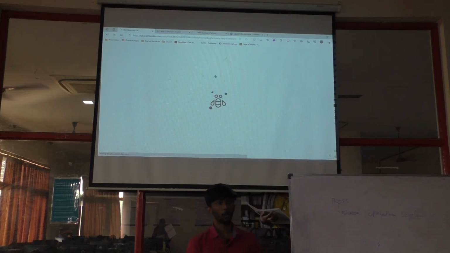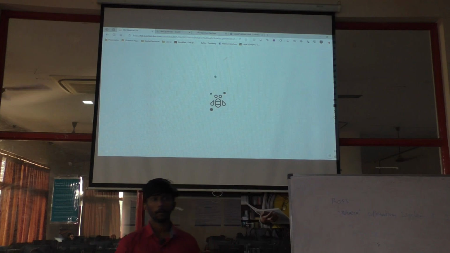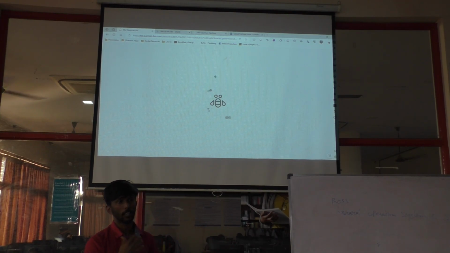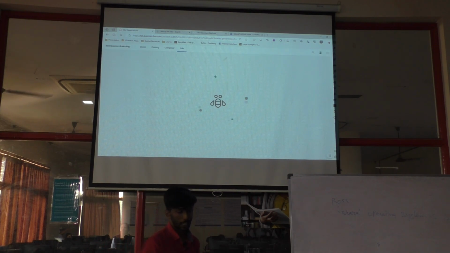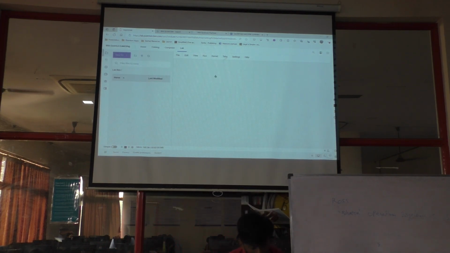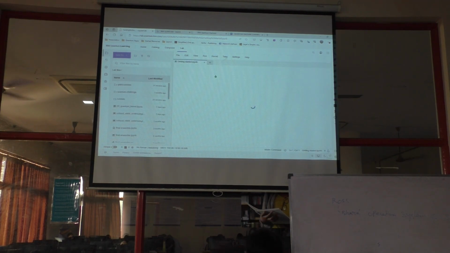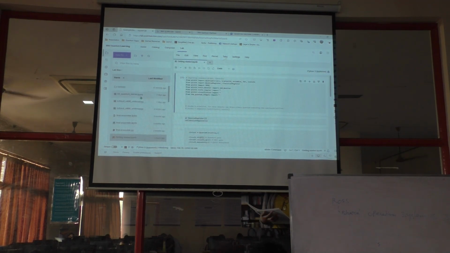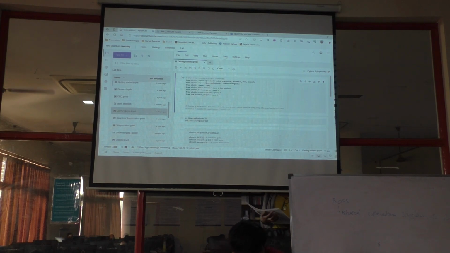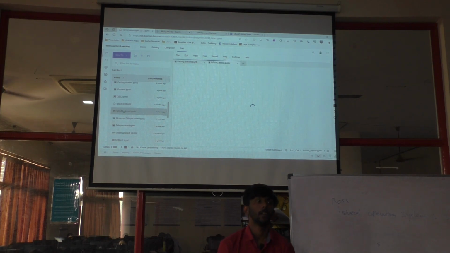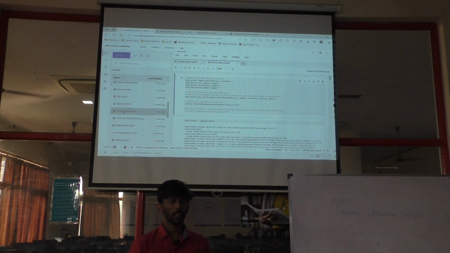I'll walk through the code, I'll walk through the program, because there are a lot of libraries involved, a lot of functions involved, so it will be difficult, but I'll try to give you an understanding about which part defines which things. I just want to have a glance at your application. Sure. So maybe that will become a demo for us.